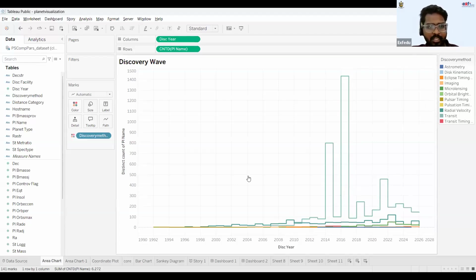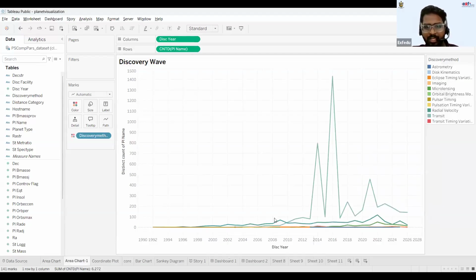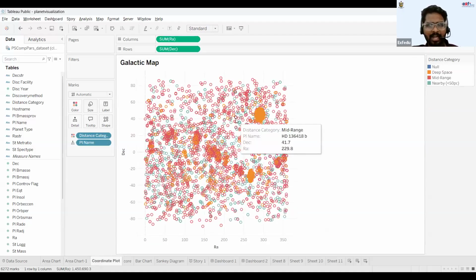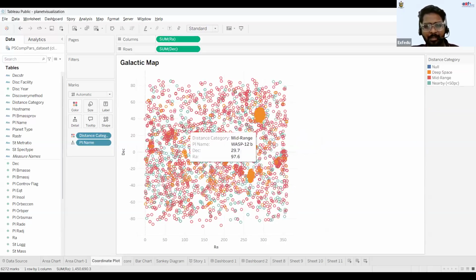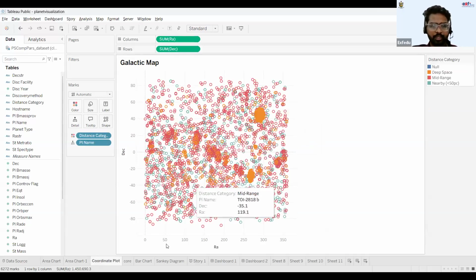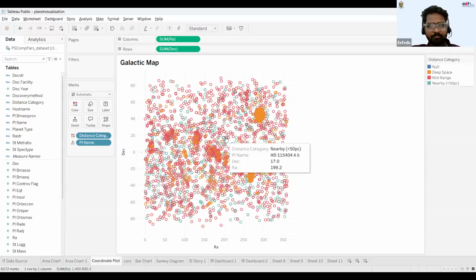And this is a step representation of an area chart, and usually it would look somewhat like this. This is a default area chart, like a line chart itself, which depicts the time series. We'll also get to know how the planets are distant from each other, so the distance value shows how far each planet is from the others. You can see this galactic map and how the planets are scattered, and this is all regarding how planets are dispersed.